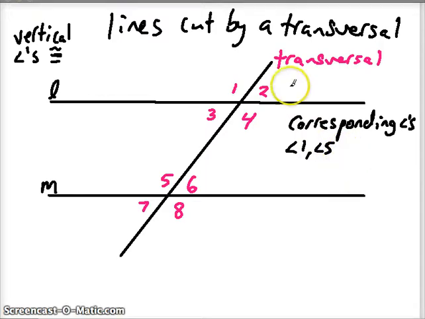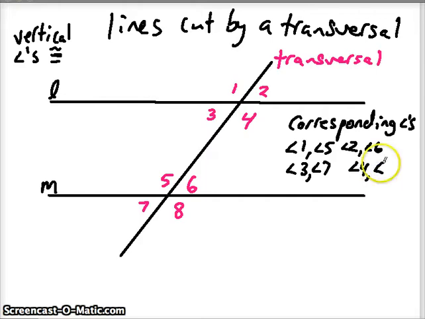Let's look in the top right. There's 2 right there. What's in the top right of line M? 6. So angles 2 and 6 are corresponding. Angles 3 and, let's see, bottom left of the top and bottom left of the bottom would be angle 7. And bottom right is angle 4. And what's its corresponding angle? The bottom right of the other line, angle 8. Alright, there's corresponding angles. The next type are alternate